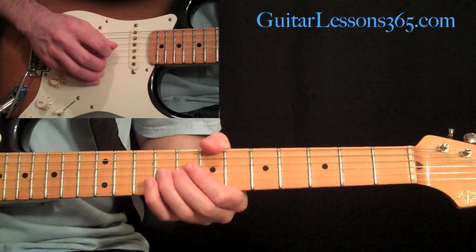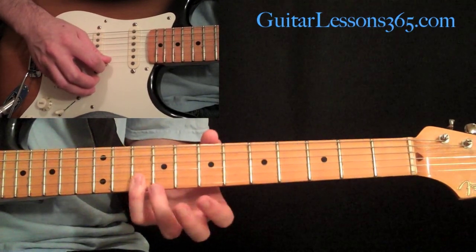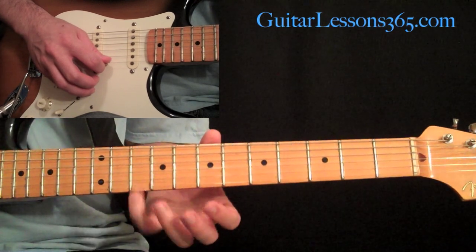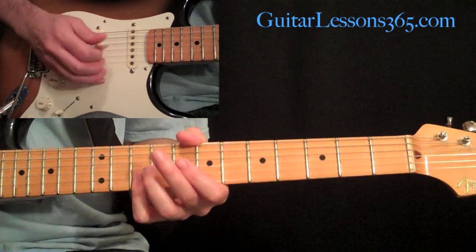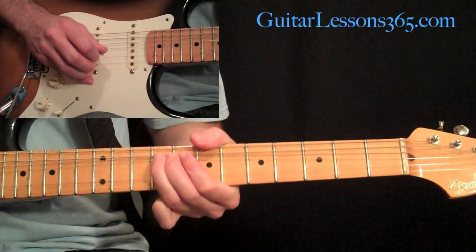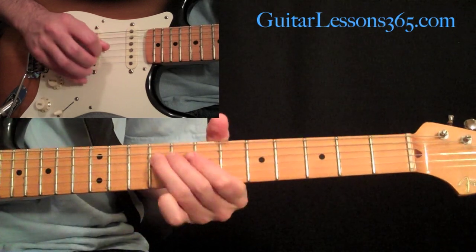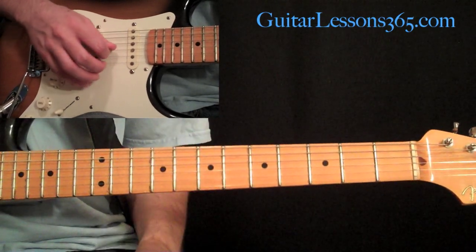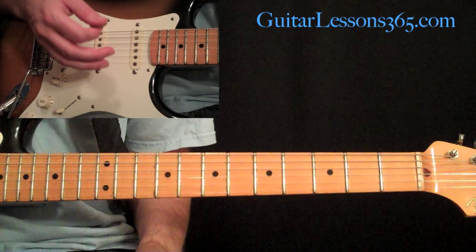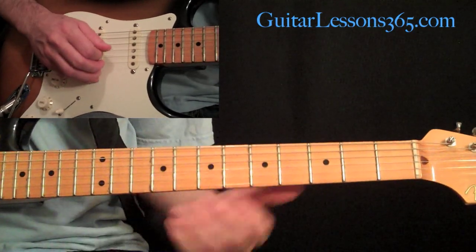Then a half step bend, and then you're going to grab the 2 10s here with your pinky across the B and the high E string. Then a whole step bend and release on the 9 on the G. Play 7, down to 9 on the D, and then you hit the open G string. I don't know if it's kind of a mistake thing, but it's there in the recording. So we have,